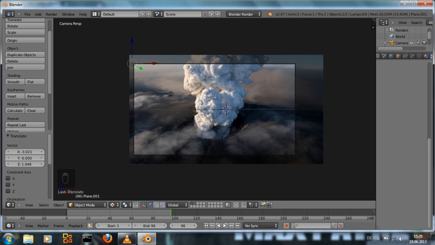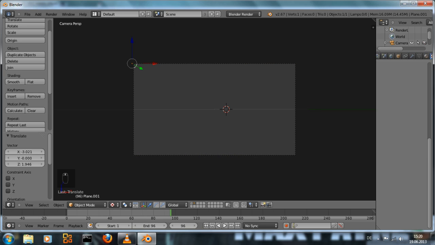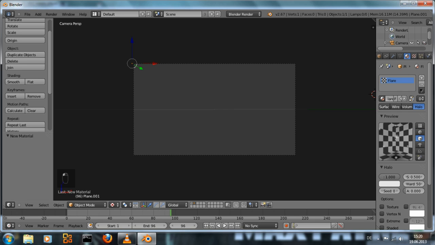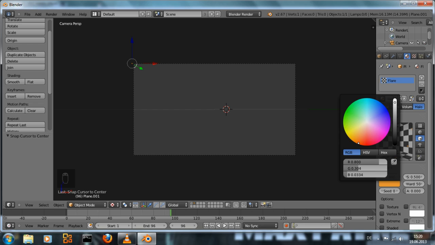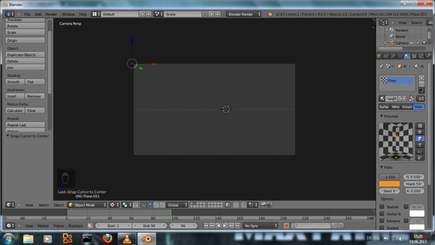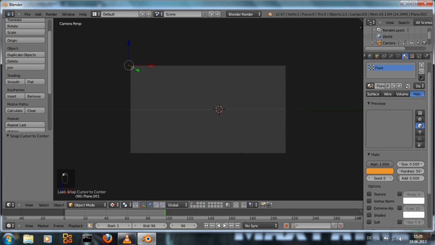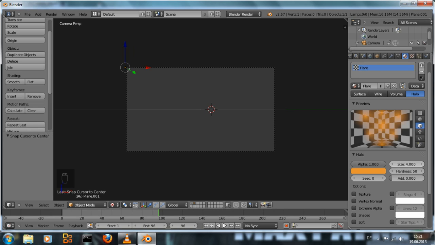To make this a lens flare, just add a new material, let's call it flare, select halo, let's make it orange, let's increase the size to about 4 and make it a little bit softer, maybe like so. That's too much. Yeah, that looked good. Select extreme alpha and soft,